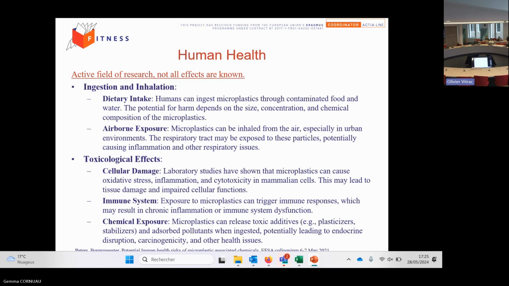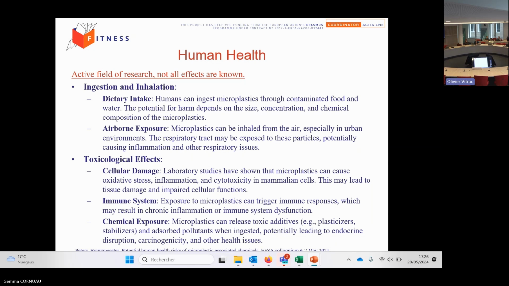And human ingestion of microplastics is also shown. However, it is not completely clear what the microplastics are doing after ingestion. The most observed harm for the moment was not linked to the size in itself, but also to the chemical composition of the microplastics, which are coming when you are ingesting dust, for example.